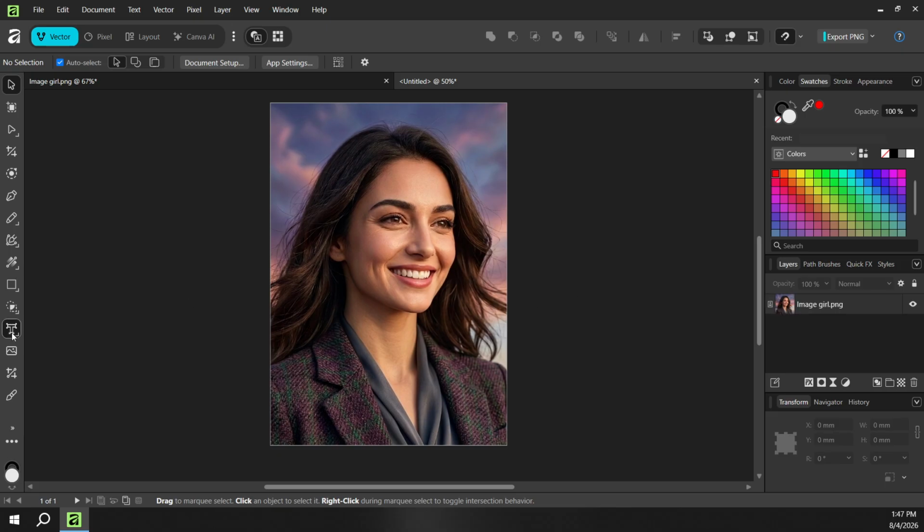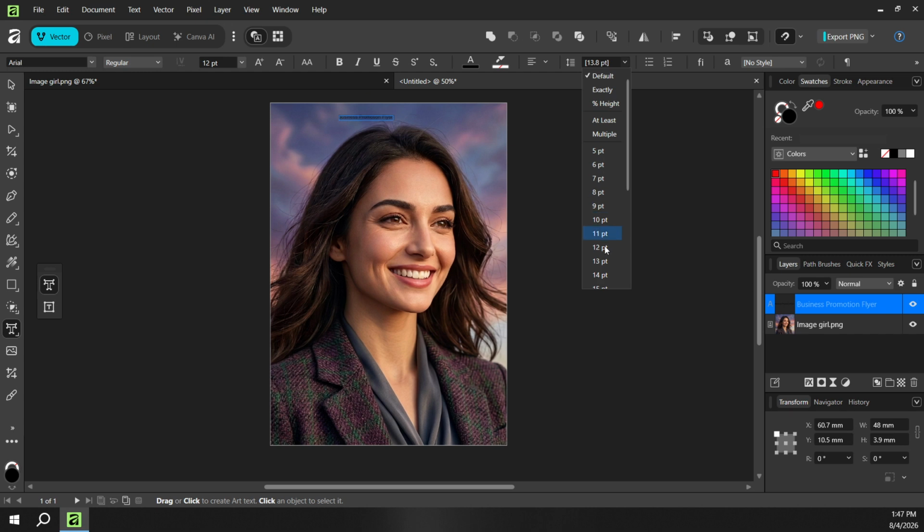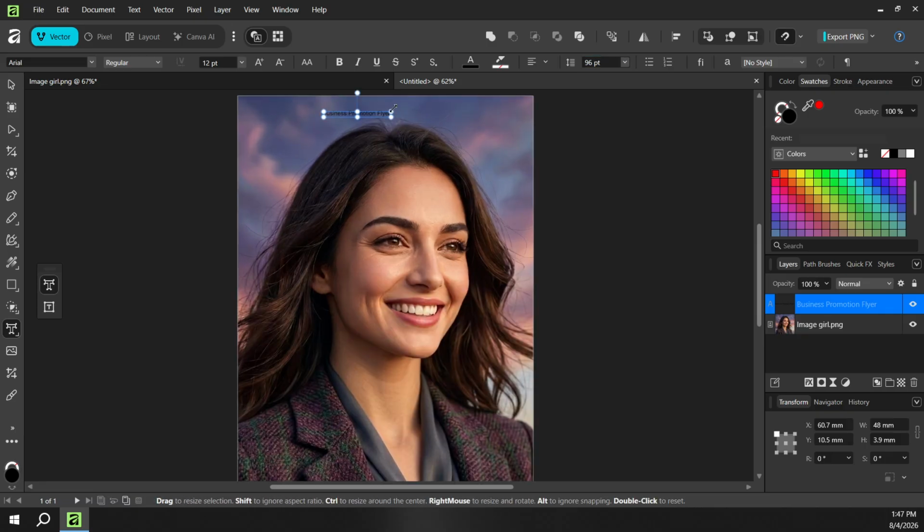Now add your text. Select the text tool in the toolbar. Click once for a headline, or click and drag to create a box for longer details. Type your main title first, then adjust the font, weight, size, and alignment from the context options so it's bold and readable. Choose a color that contrasts with the photo. Light text over darker areas and darker text over lighter areas usually works best. If your background is busy, move the text to a calmer part of the image and increase letter spacing slightly